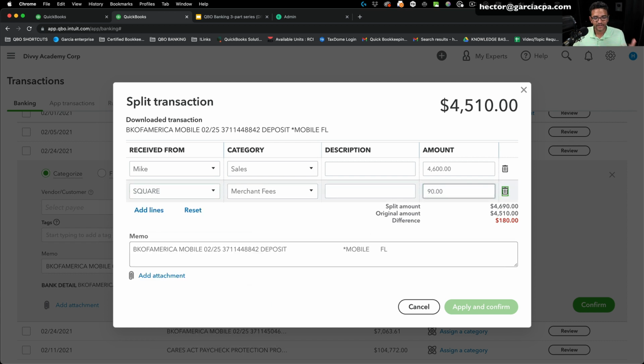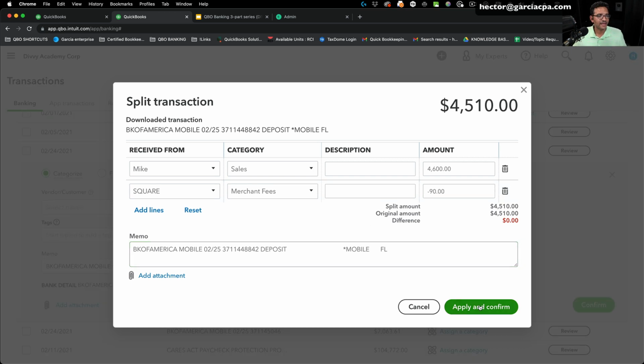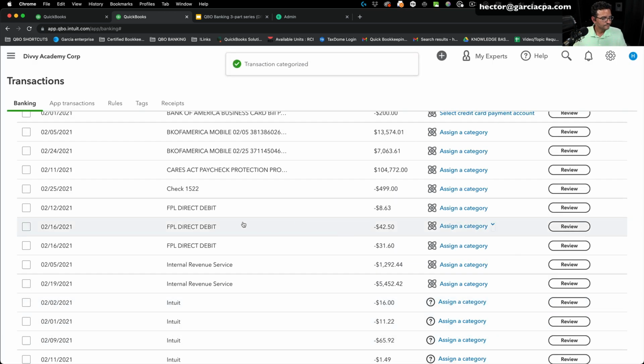So you would use the split for something like this, and you would put the $90 negative. That way, the income in here is $4,600, and then the cost is $90. Again, not related to using the workflow of the invoice. The workflow of the invoice is slightly different, which I'll show you as well. So I'm going to click on Apply and Confirm, and let's